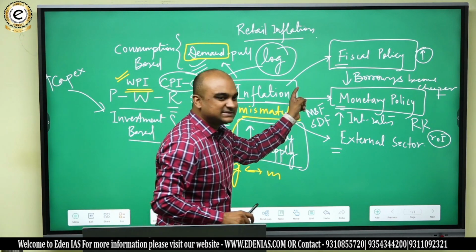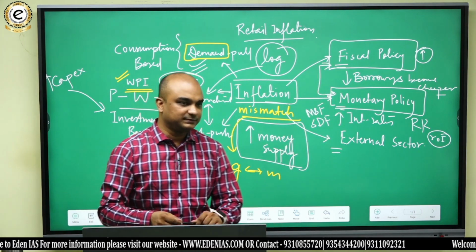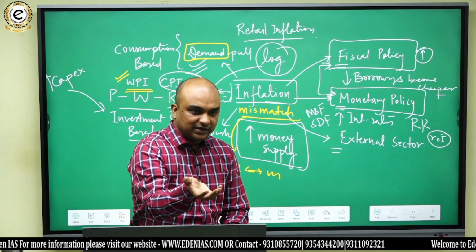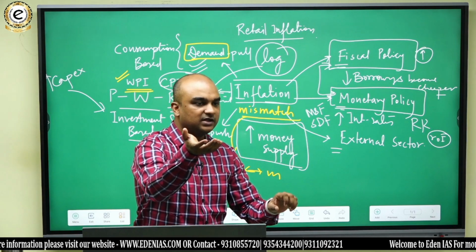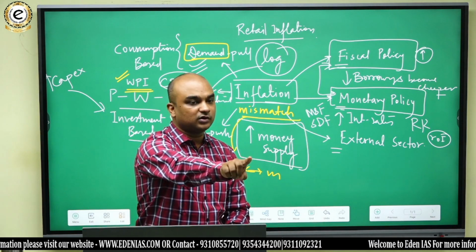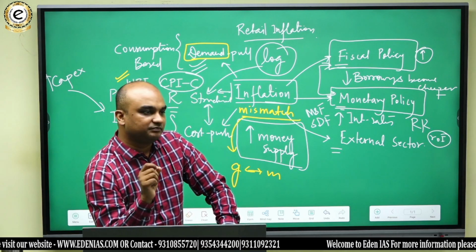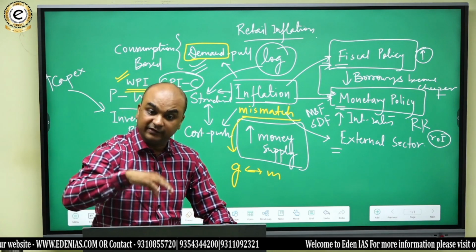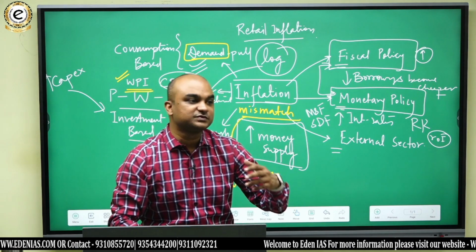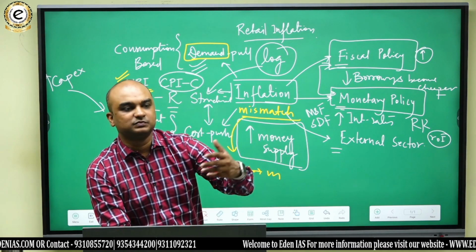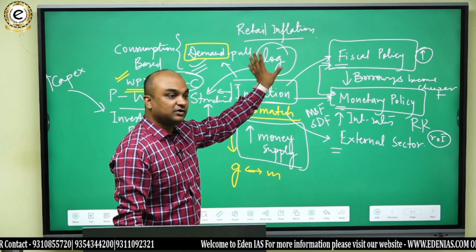Because why? You see, there is something called counterbalancing between fiscal policy and monetary policy. If the central bank increases the interest rates and the governments also keep on reducing their expenditure, then that would be a double whammy on the poor man. Why? Because inflation is poor man's tax, or people with fixed income, they don't like inflation. But people with variable income, they like inflation. Do you understand that? Because as there is more inflation, there is more incentive to produce, and thereby there is more income. So generally, government expenditure increases during times of inflation.